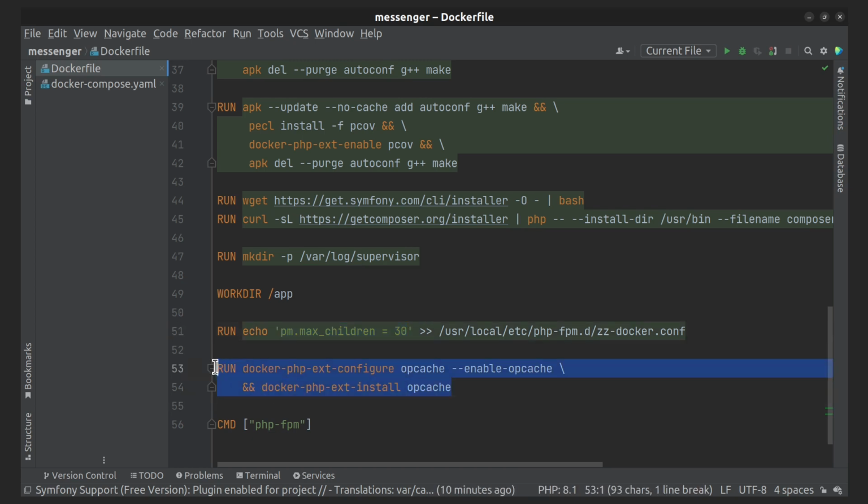Here we install opcache. It improves PHP performance by storing precompiled script bytecode in shared memory, thereby removing the need for PHP to load and parse scripts on each request. And here we start PHP-FPM. Let's move on to the